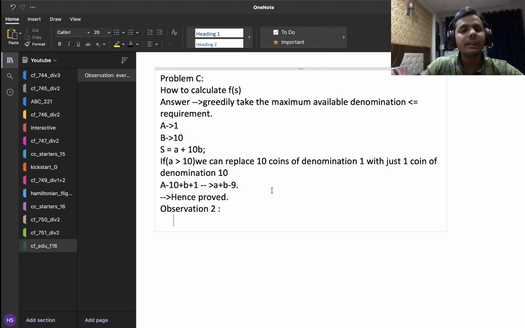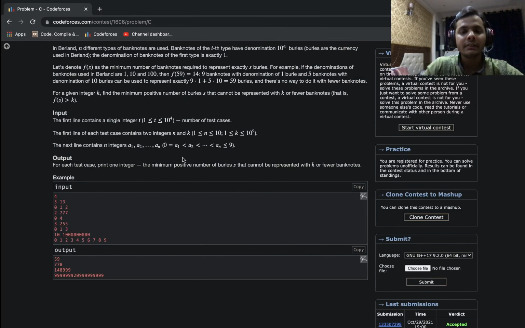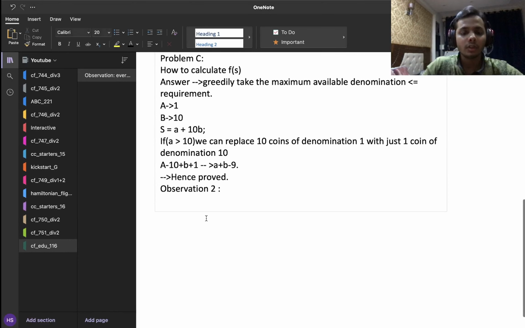So what we'll calculate here is for each coin the maximum number of times that we can take it. Since in the input it is already given that a1 is less than a2 is less than an is less than or equal to 9, we know that all the elements are already sorted. So what I'm going to do is, so this is a solution rather than an observation. In step 1, all the AIs you just convert them to 10 to the power AIs because that would be more convenient.